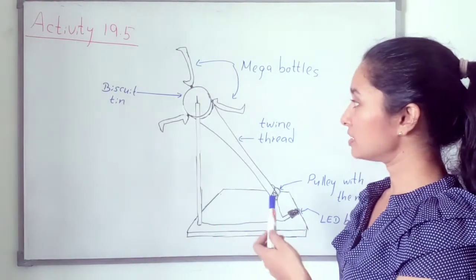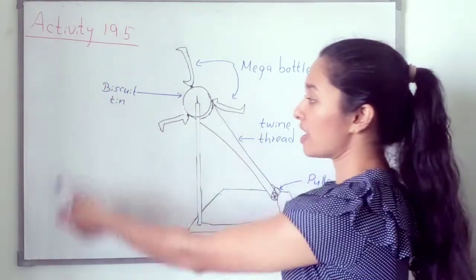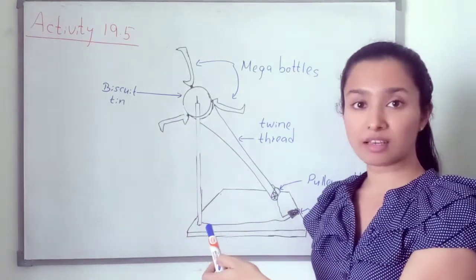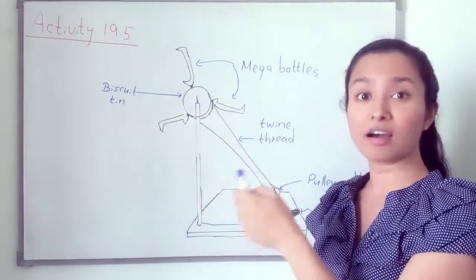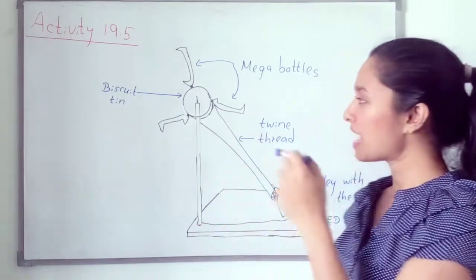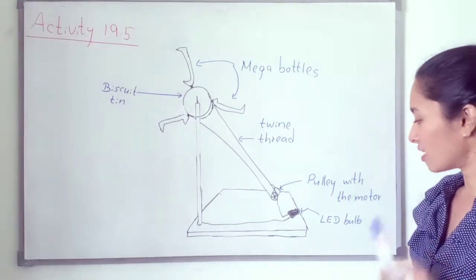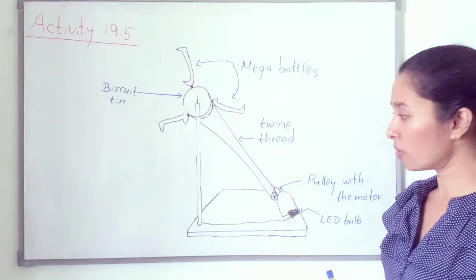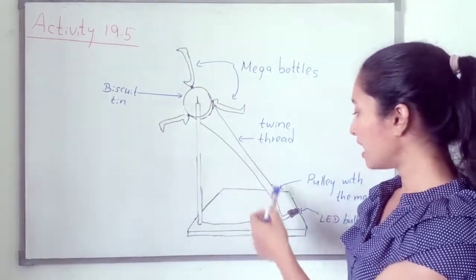Now we have to put this outside. Or otherwise we can put a fan here. So the fan will produce wind. And this turbine will rotate because of the power of that wind. And see what happens to the LED bulb. Here we can observe the lighting of the LED bulb, because the turbine will rotate because of the wind power, and as well